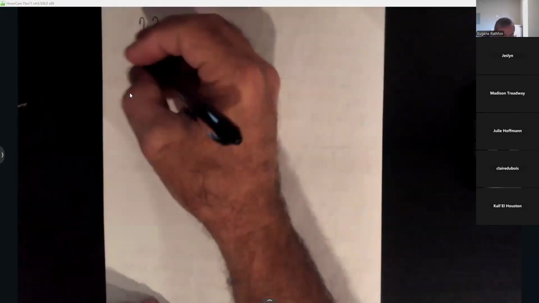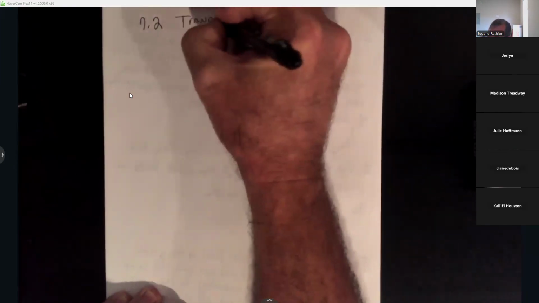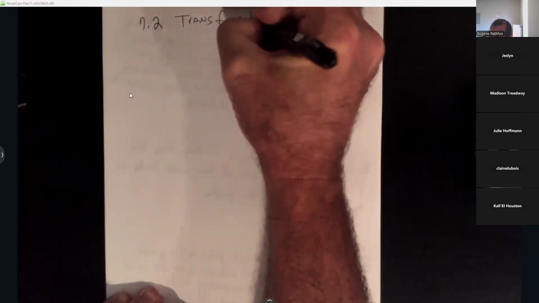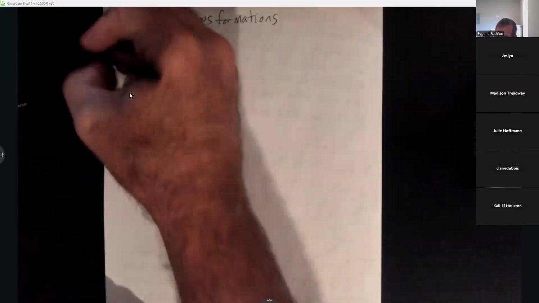All righty, so for 7.2, we're going to be dealing with transformations. So that means moving graphs around. We're going to move them up, down, we'll move them left and right, and we'll even reflect them over the x-axis. So y'all, for this section 7.2, transformations. Okay, so first,